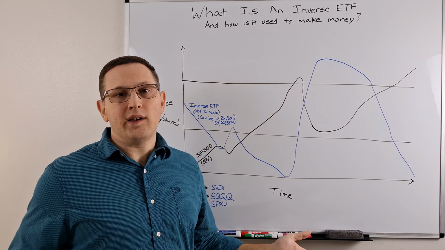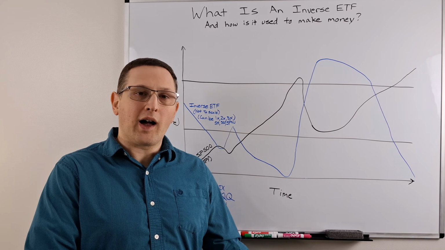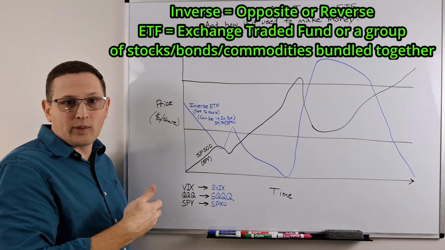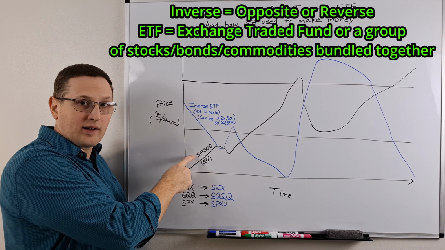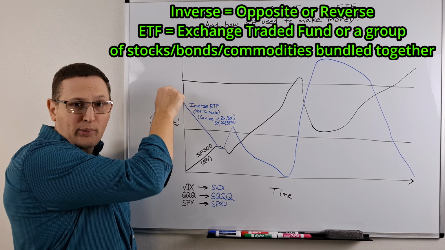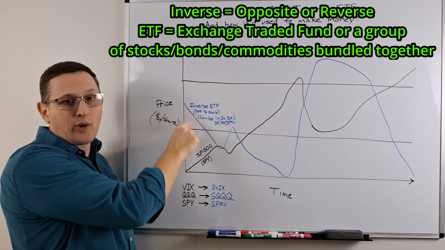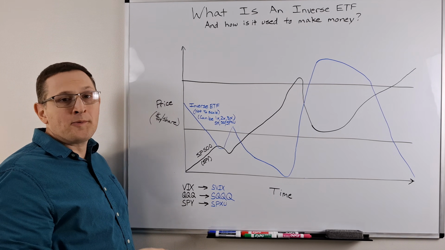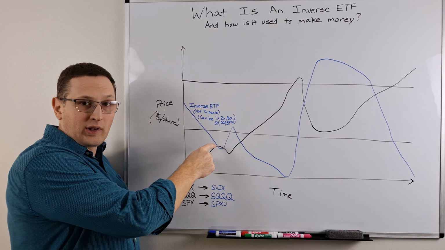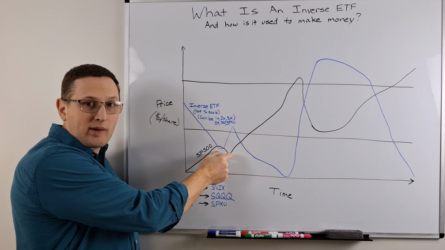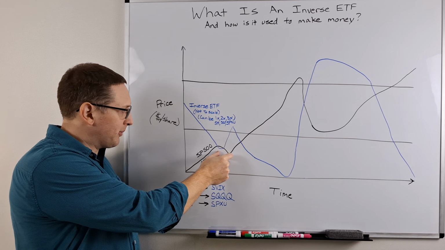So what's an inverse ETF and how do you use it to make money when stocks go down? As the name implies, inverse means the opposite. So if the underlying stock goes up, the opposite movement goes down. So as stocks go up, I don't want to hold the inverse ETF. Now, if there's a lot of panic in the market, if it's a short duration, you might not be able to profit much and you might actually lose money.